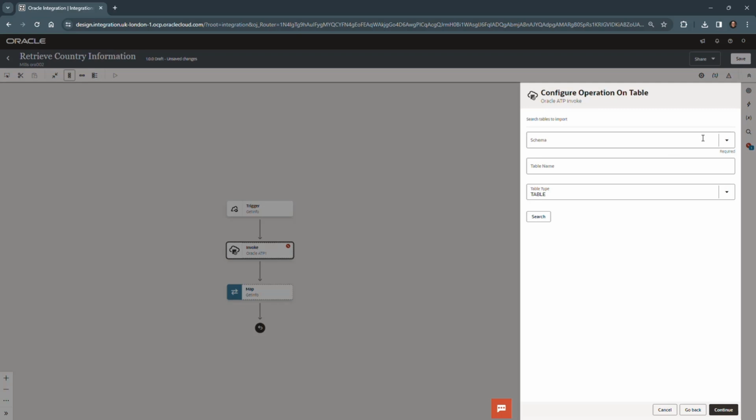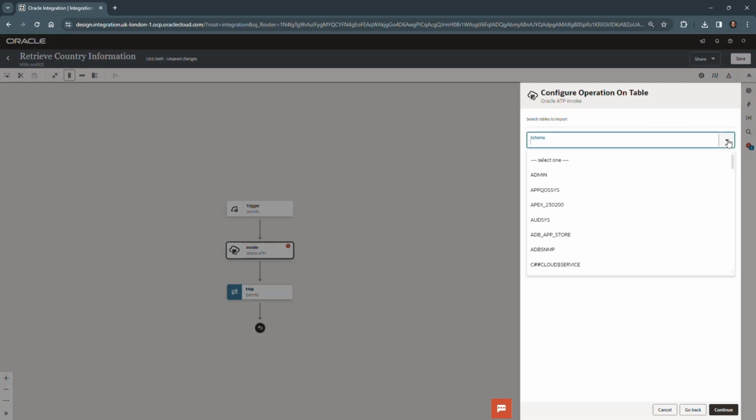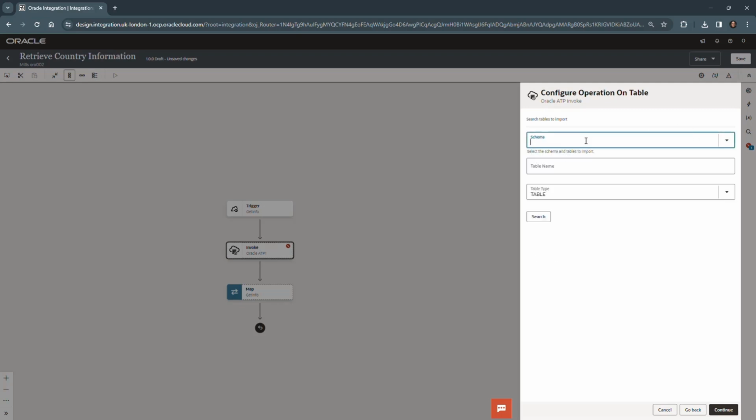Now we need to select which schema we're interested in, and I'm just going to type SH, which in this case allows me to find it. Stands for sales history, by the way. And then we're looking for a table, and so I can start typing in countries, table,